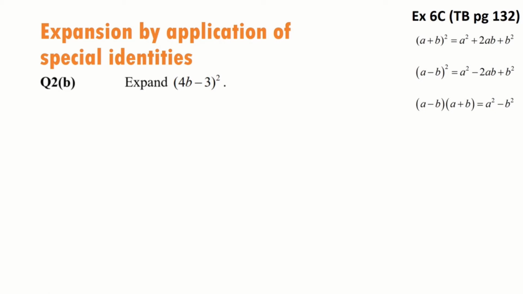Next, in question 2b, we have (4b minus 3) bracket square. So we see that because there is a minus over here, which identity do you think we will be using? I hope that you are able to identify. We should be using this one, a minus b bracket square. The brackets are outside the things that are involved. So with the given question, 4b minus 3 bracket square,